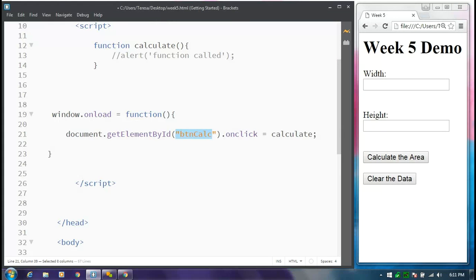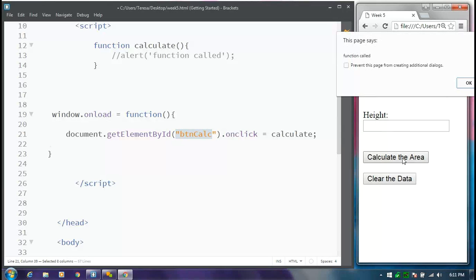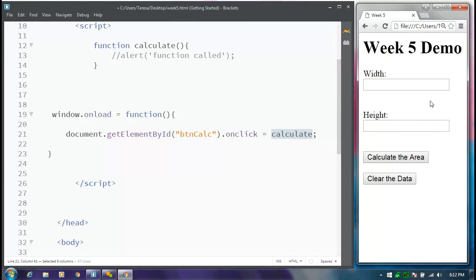And therefore any reference to something happening in the page has to happen in this onload section. All right, so let's just think this out logically. When I click this calculate area button here, the page has already loaded. In order for the user to click this button, the button has to be there. Now this event handler has to be in memory. Like I said, I can click here, I can click here, I can click all over the page, and JavaScript is going to ignore it unless I have an event handler